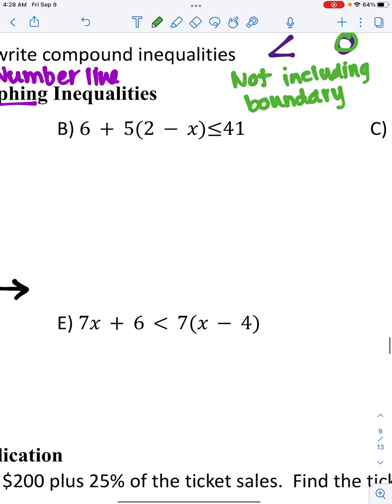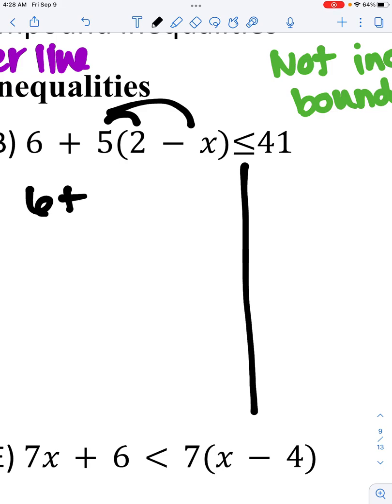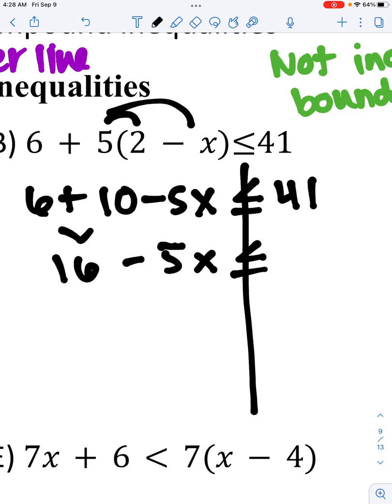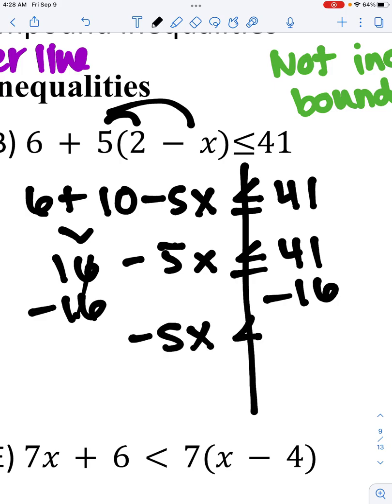All right, so for B, again, we draw our line, apply regular solving steps. So I would distribute that 5. So 6 plus 5 times 2 is 10 minus 5x, and then carry that symbol down, 41, and then we have 16 minus 5x is less than 41. Subtract 16 from both sides. And then we have negative 5x is less than or equal to 25. And then I'm going to highlight this